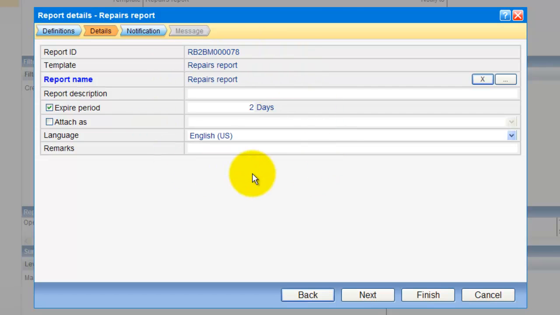and here I see the details of this report. I can put some details about this report. In this case, it's the last month reports of the repair process. So I can write down last month or some other descriptions. The expiration period,